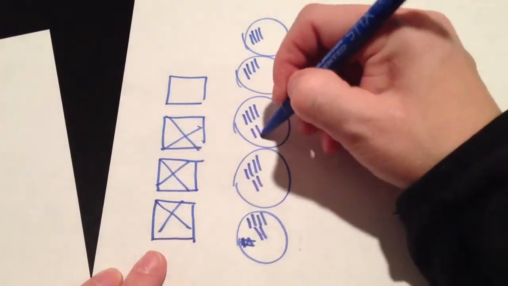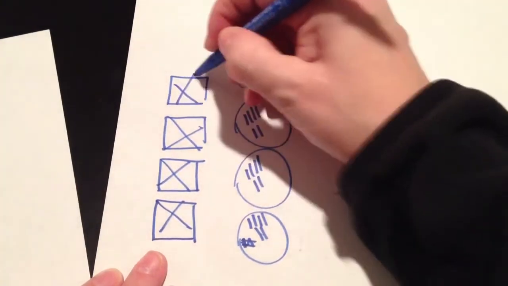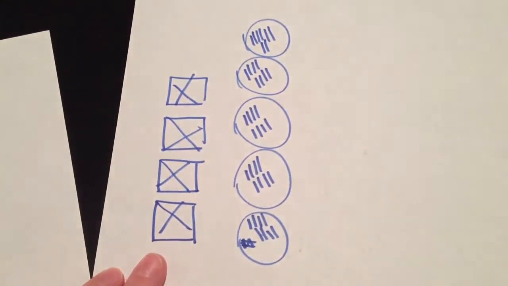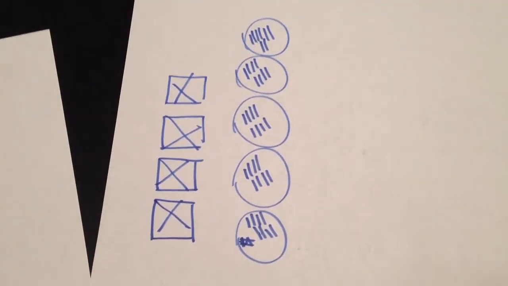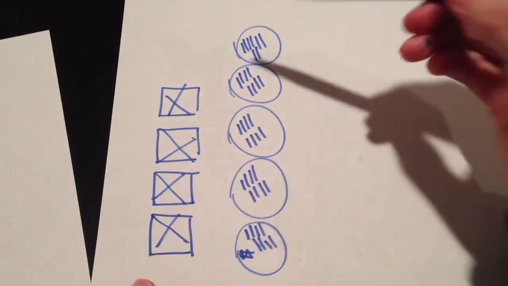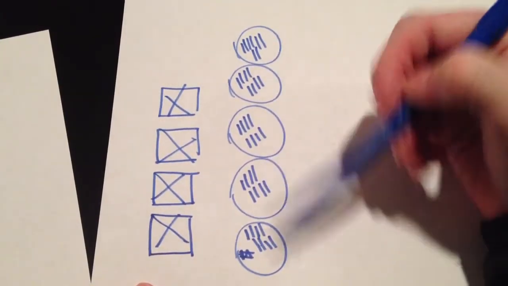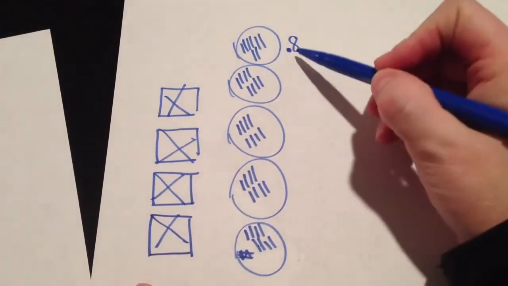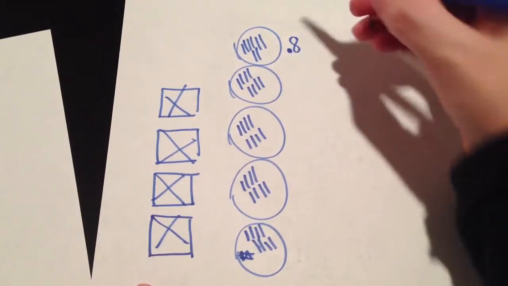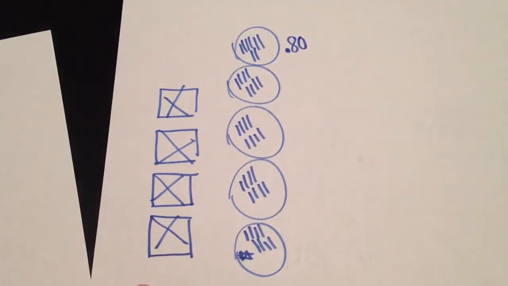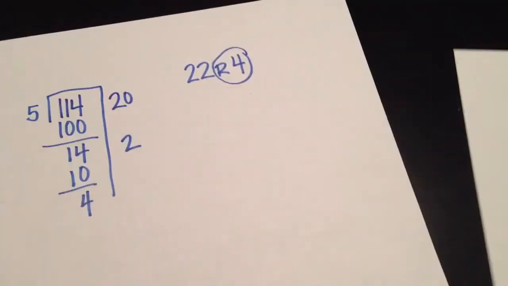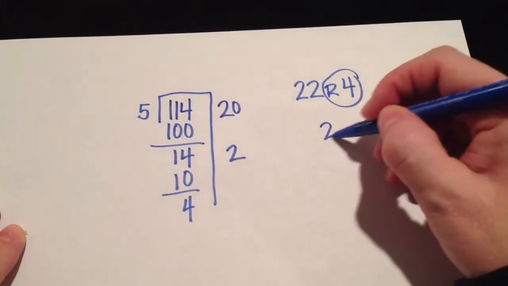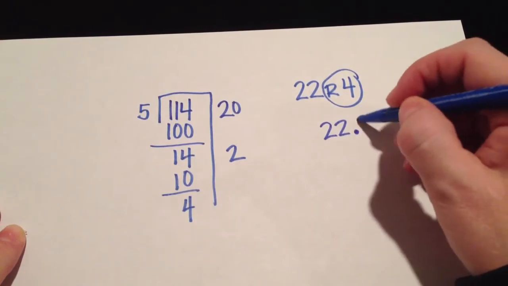I'm going to do the same thing with each of these $4 until I completely distribute them. So what this shows me, each person or each group paid 8 tenths. In money, 8 tenths is 8 dimes or 80 cents. So when I come back to my answer of 22 remainder 4, this remainder 4 is really 22 and